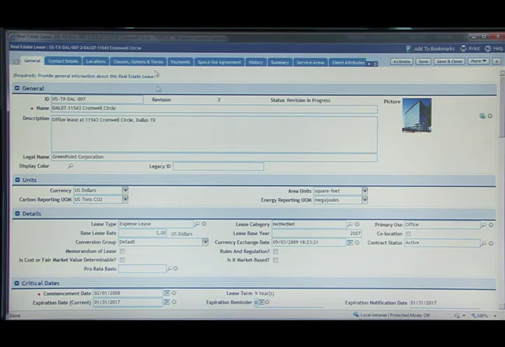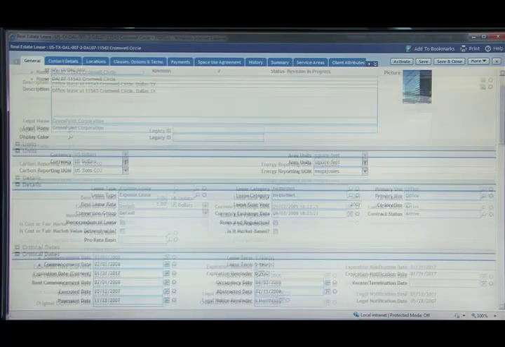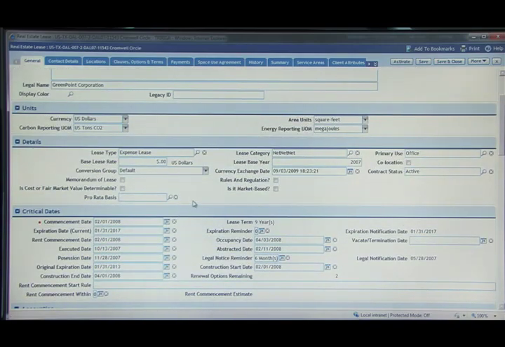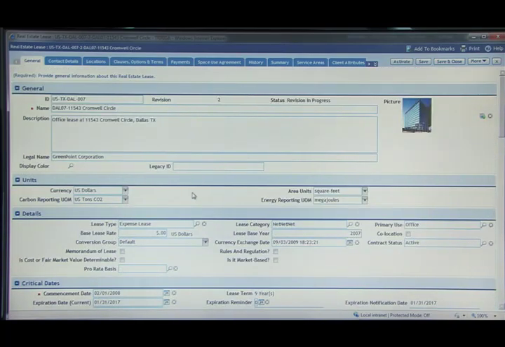Now, all of our records are organized with a series of tabs across the top, and we have all the relevant information about the lease, making sure that the relevant critical negotiated terms of your lease are being managed, from the critical dates to the financing on this particular lease. All of the TRIRIGA records are internationalized and localized to the local market. So whether you're an international customer managing in the local region or a multinational customer that's managing leases globally, TRIRIGA has the ability to manage them in the local currency and unit of measure and roll things up as a